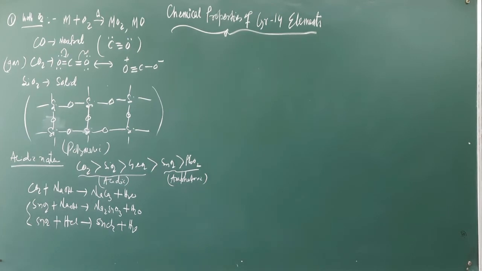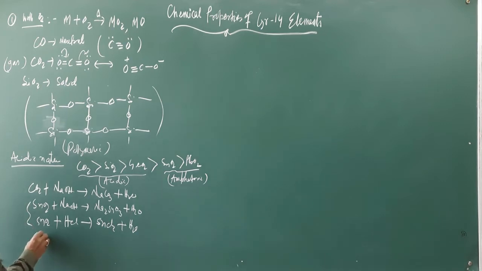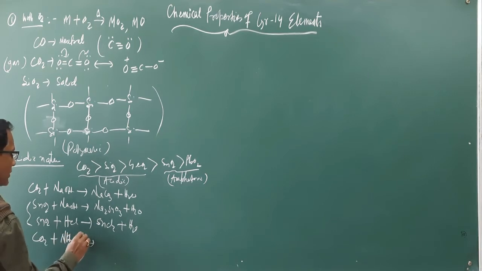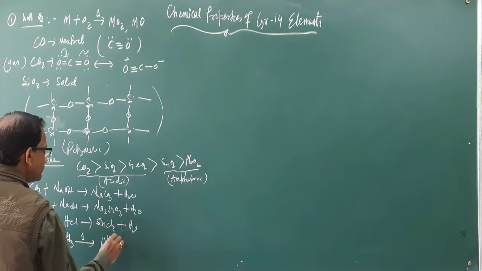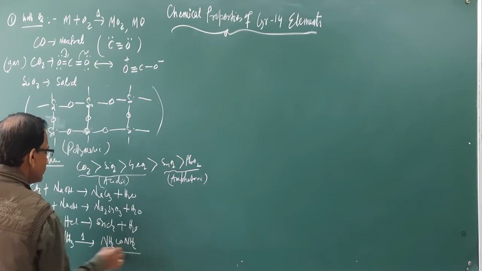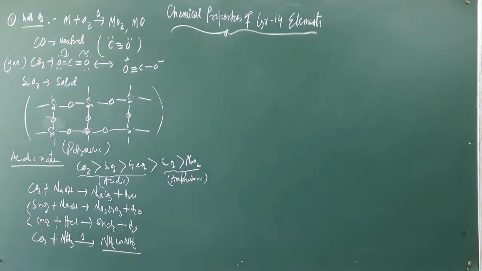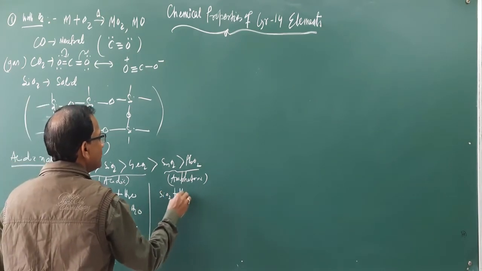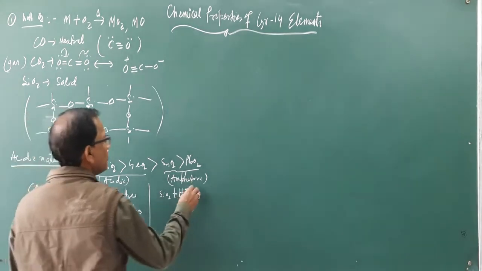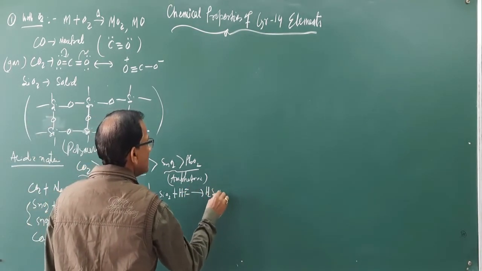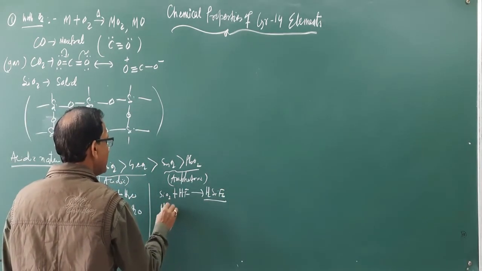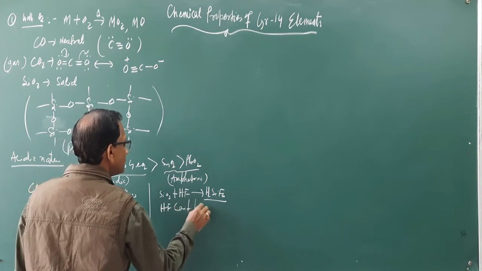CO2 also reacts with ammonia, NH3, on heating, forming urea. It is also an acid-base reaction. And silicon dioxide is very important. Silicon dioxide reacts with HF, hydrofluoric acid, to produce H2SiF6. That means HF cannot be stored